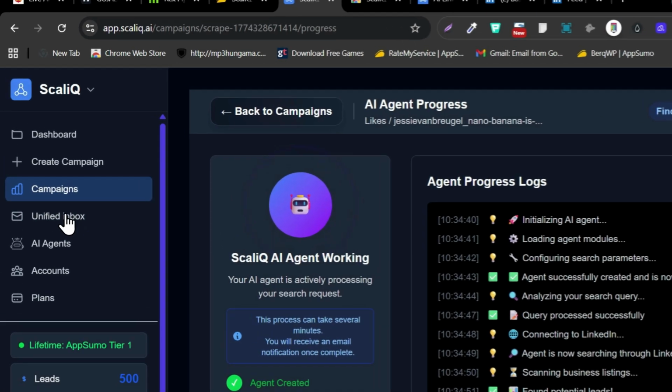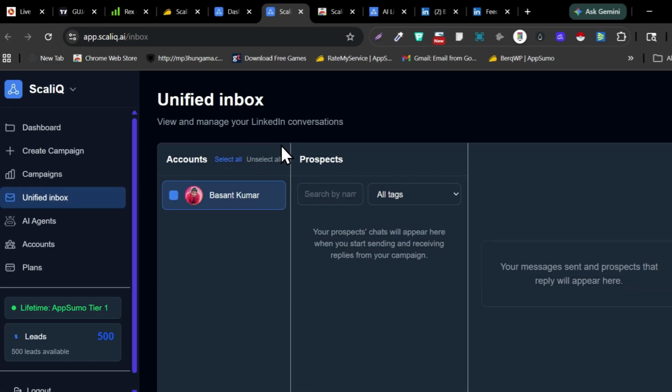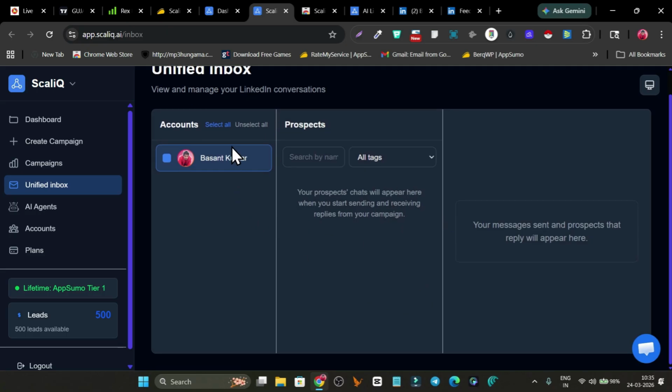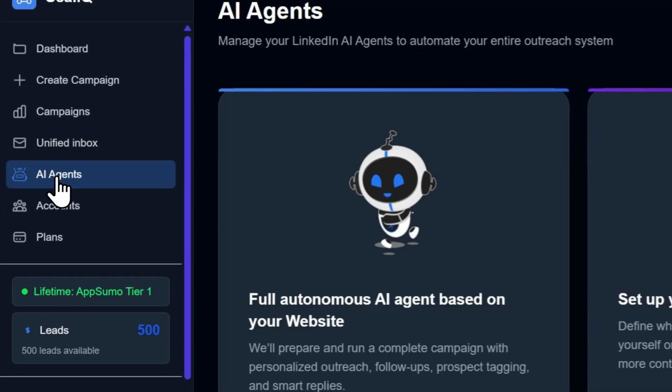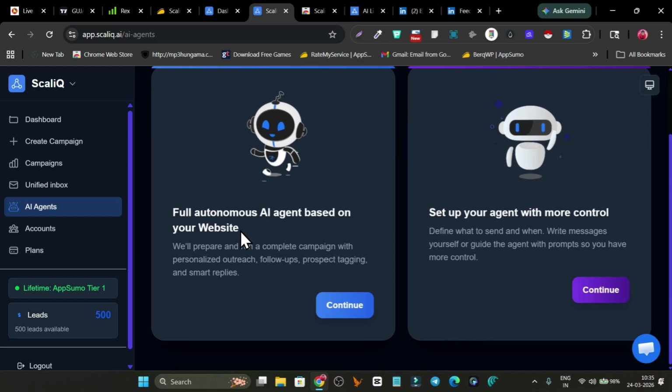This is the campaign section, but we also have the unified inbox, which means all the people you have targeted as leads and sent DMs, you can check out their replies here. If you have multiple LinkedIn accounts connected, you can check all these messages in this single platform. And here we are going to create our AI agents for LinkedIn that are going to 100% automate your LinkedIn outreach. Okay, so we have this one that is the automatically created full autonomous AI agent,